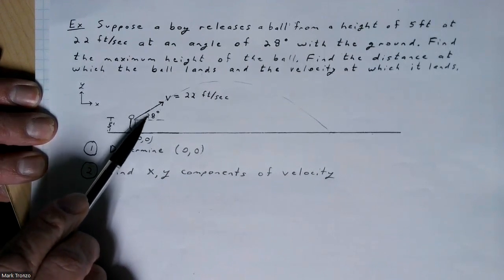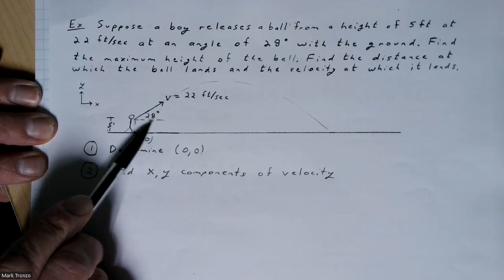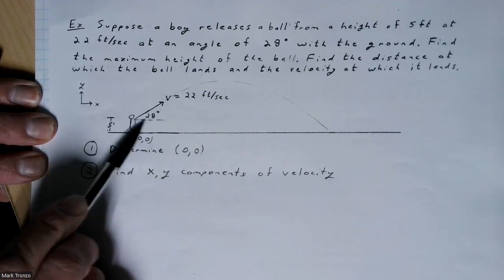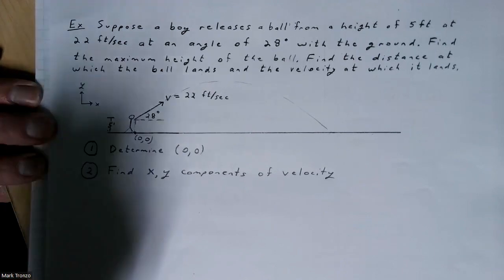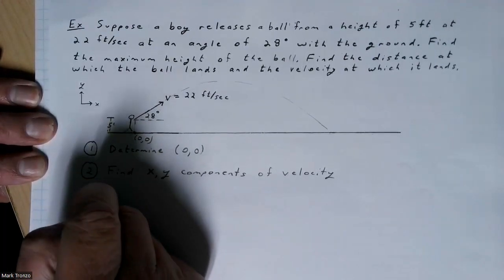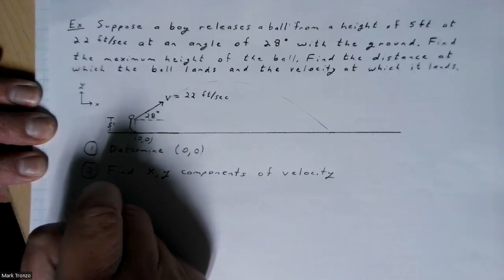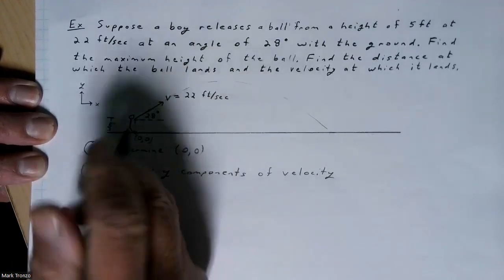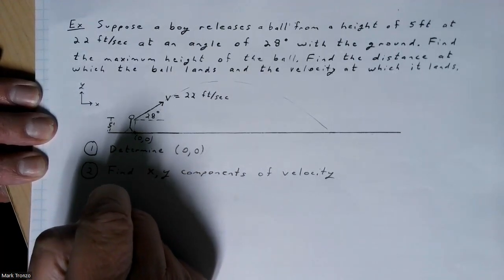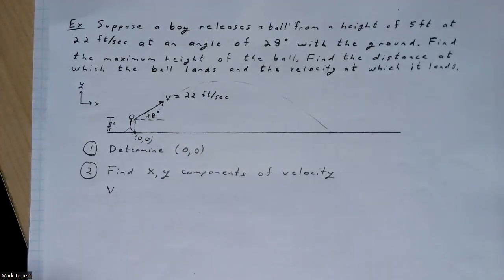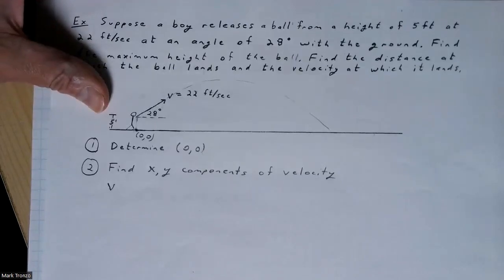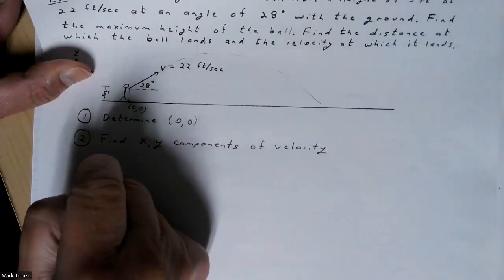Here we have 28 degrees measured from the horizontal. In other words, the 28 is adjacent to the X coordinate. So we could say the initial velocity, before we called that Vx naught,